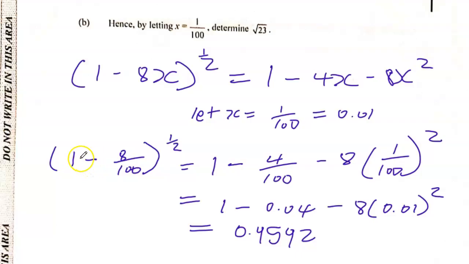Now over here, 1 minus 8 over 100 is actually 92